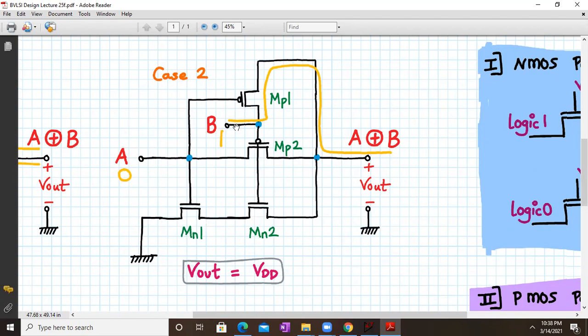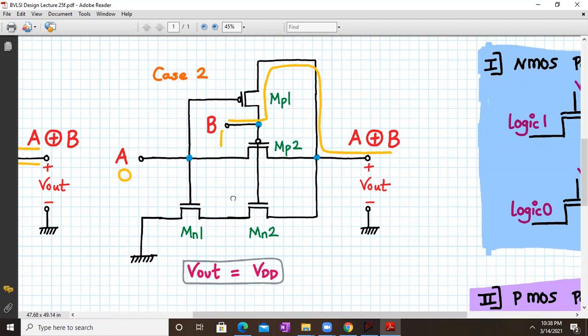So what happens is we are trying to pass a logic 1 through MP1. So the gate terminal is connected to logic 0, and we are passing logic 1 to the output. So this is the part, you can mark it with this yellow color. So here at the output terminal we have strong logic 1 being transferred via this PMOS MP1 pass transistor.